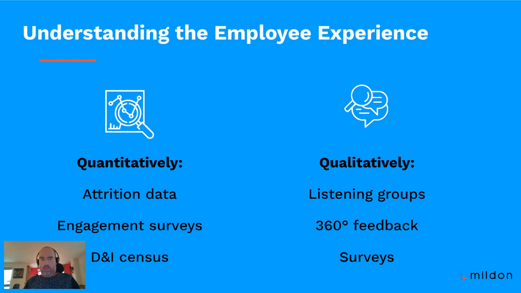So if you notice that attrition is happening amongst a particular group of people at a particular level of the organization, that means that you can take targeted action at that particular cohort rather than taking a blanket approach. So it's a lot more specific, and you get a lot more return on your investment and effort on any kind of D&I initiatives that you implement.